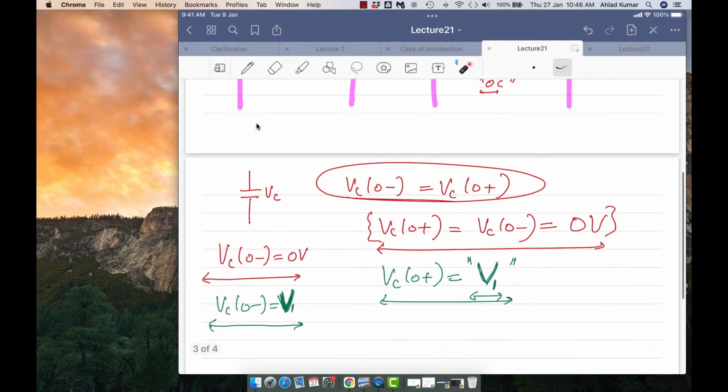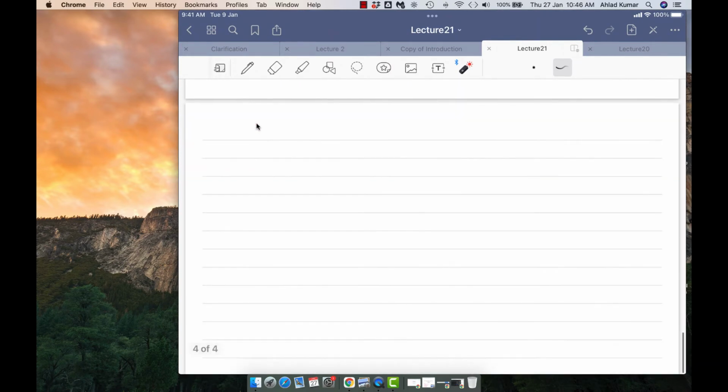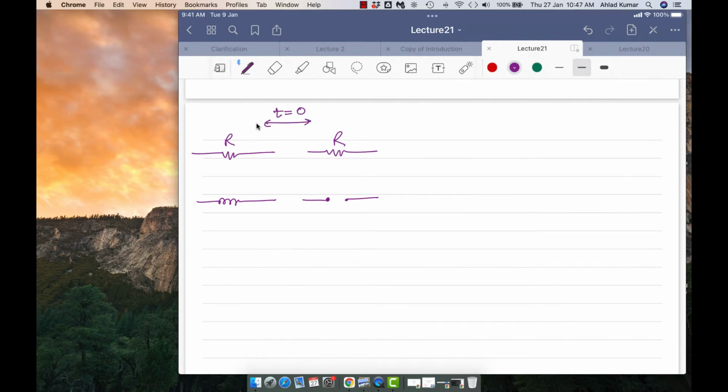So if I want to tabulate the theory like what we have discussed, then we can draw like this. If you have a resistor, then this resistor will remain a resistor. If you have an inductor, then it will become an open circuit. This is at the time t equal to 0 minus, you can say. Okay, and these are the elements,